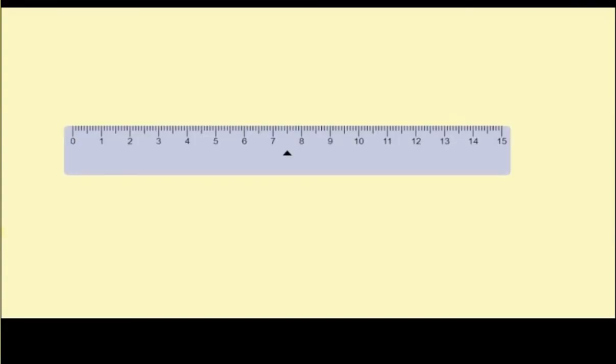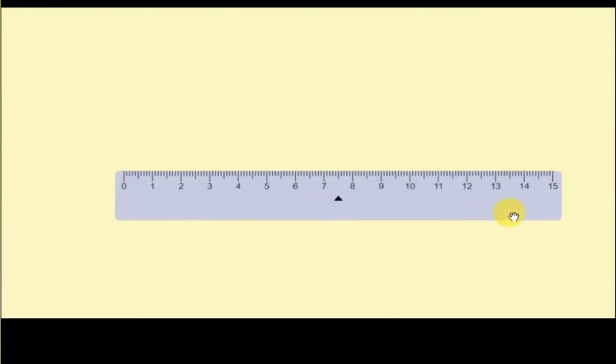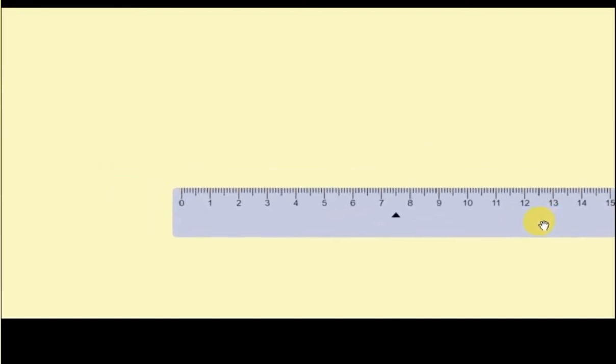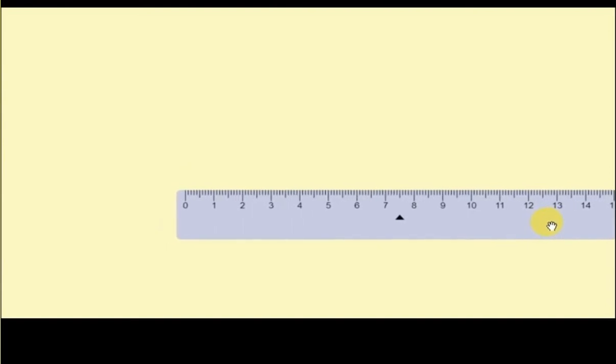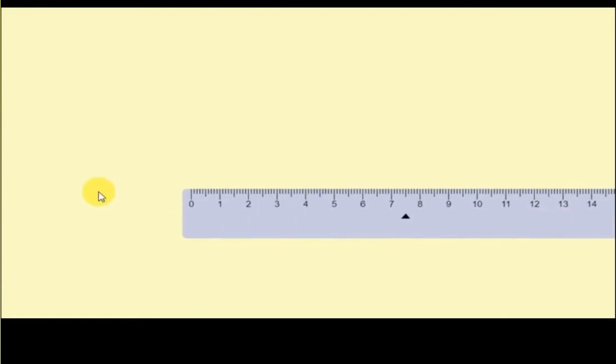Now you take the ruler. The base value PQ is 4.5 centimeter. So now I'm placing a scale here and we are drawing a line of 4.5 centimeter.